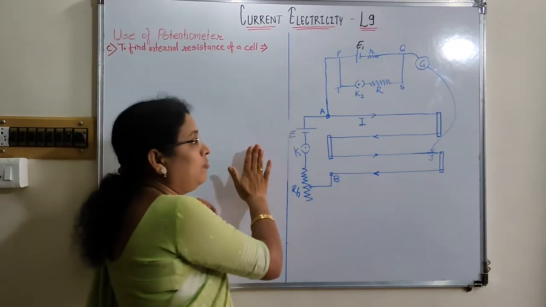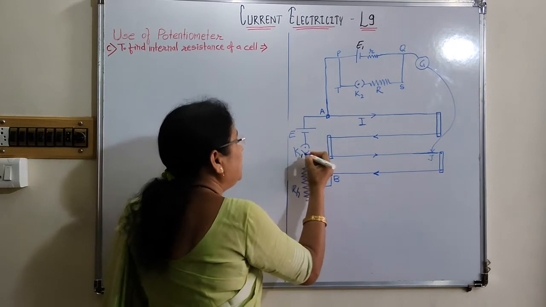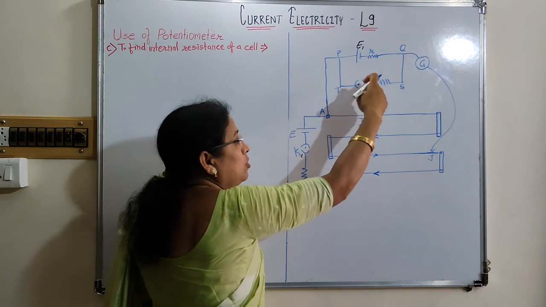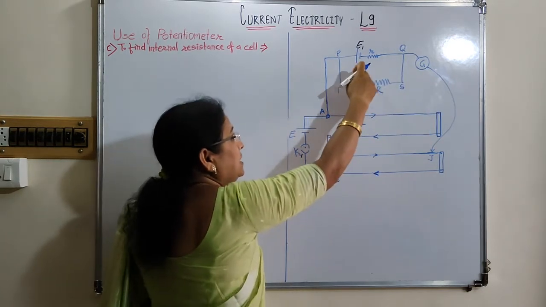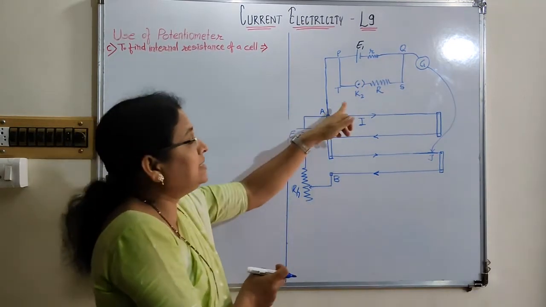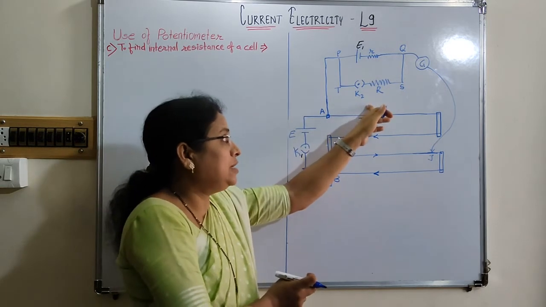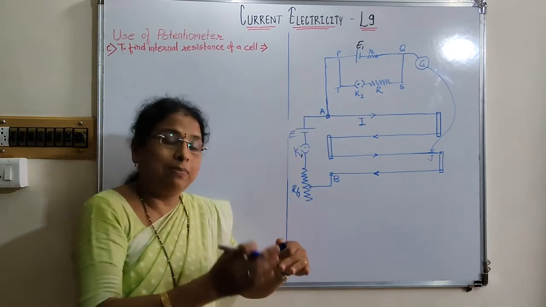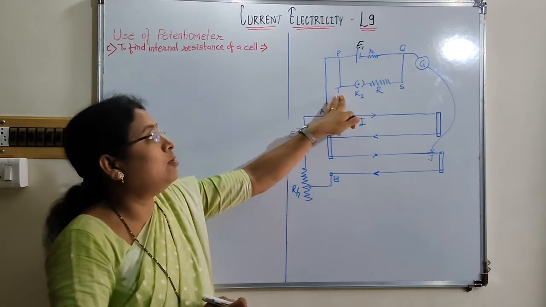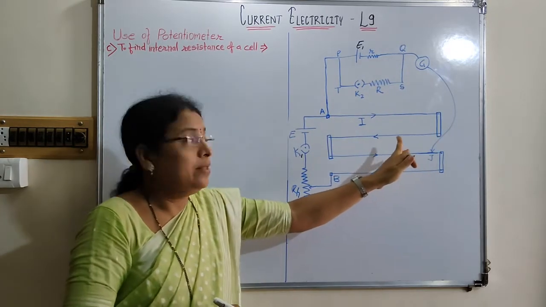Now again, when we start the circuit, close the key K, or we can call this key K1. Close key K1 and K2 is open. When K2 is open and the cell is connected through galvanometer and jockey to the wire, we get the same circuit as that we have used in the comparison of EMF of two cells by the separate method. See here, when the resistance box and key K2 are not there, then E1 is directly connected through the jockey. Now K2 is open.